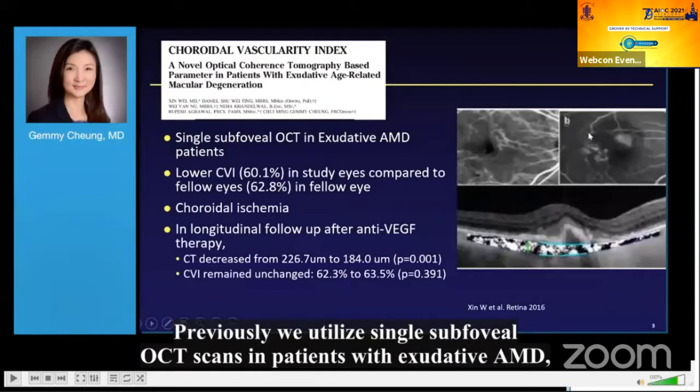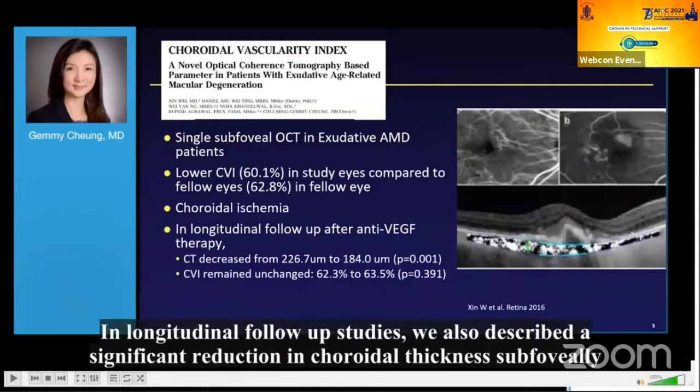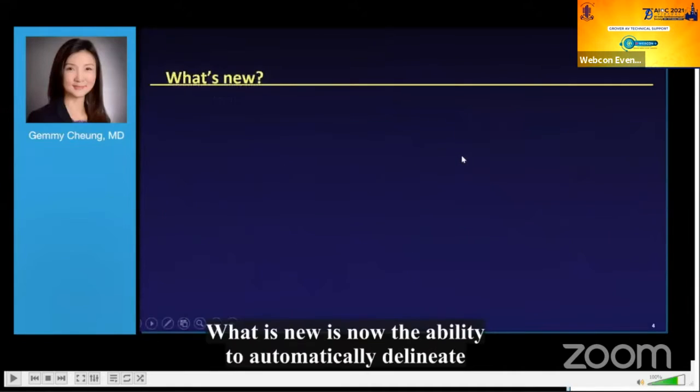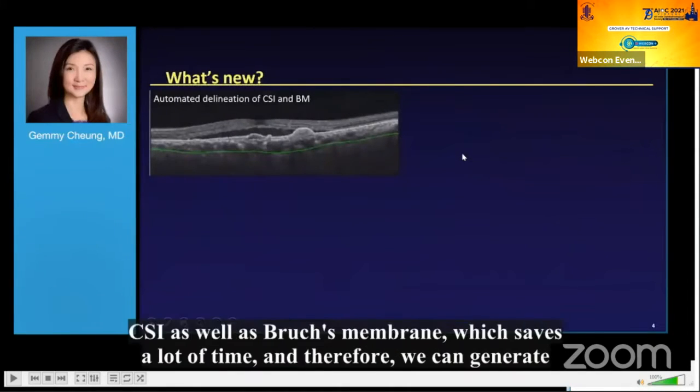Previously, we utilized single subfoveal OCT scans in patients with exudative AMD and described that study eyes had lower CVI compared to fellow eyes. In longitudinal follow-up studies, we also described a significant reduction in choroidal thickness subfoveally, where CVI at the subfoveal area was largely unchanged. What is new is now the ability to automatically delineate CSI as well as Bruch's membrane, which saves a lot